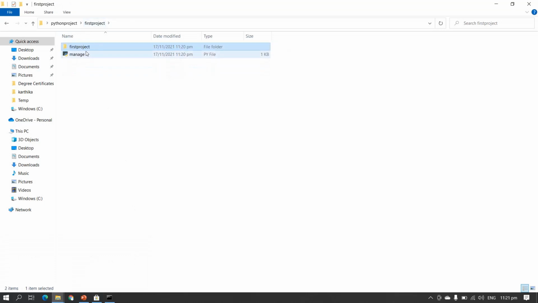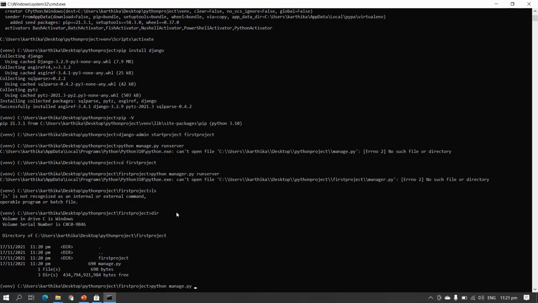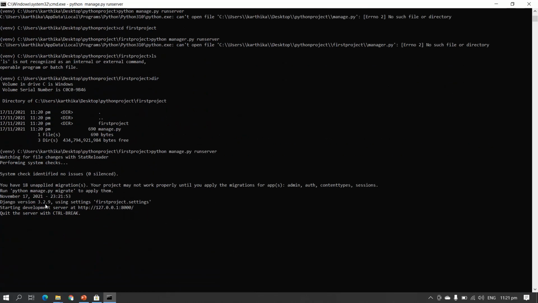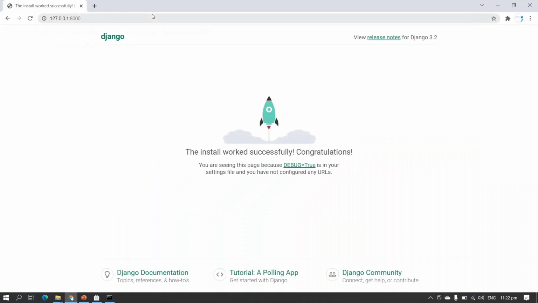It exists inside first project. You can see runserver. It returns some URL, which is localhost and a port. You just copy the URL and check that the project is started, which means the specific package is installed successfully. You can see the version and everything.